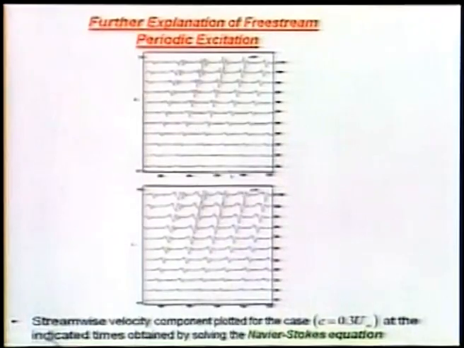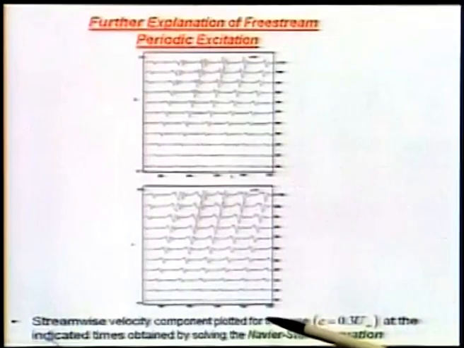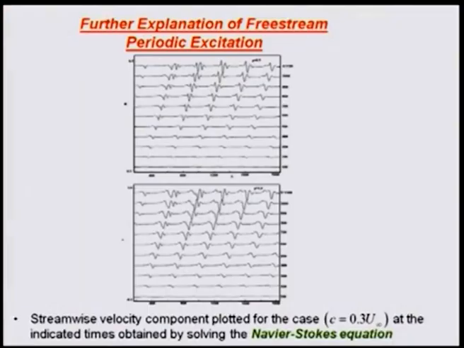But here at t equal to 0 itself, I put it in a scale so that I could fit in the later solutions. And as you can see, with time increasing, the amplitude is growing. So, this is one nice example of a free stream excitation case,